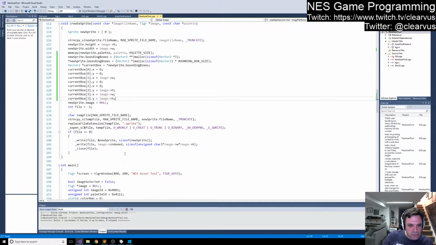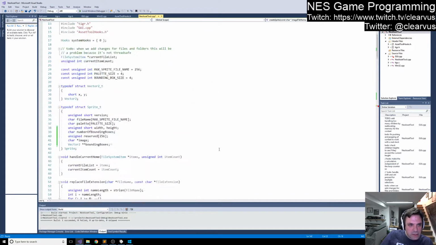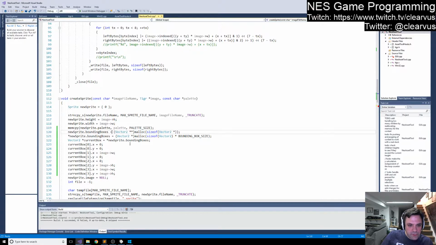All right, so now when we write this, what we need to do is we need to write... what did I do? It's been a long day. I think I may have done this the wrong way. Let's see. So we've got our array of vector pointers. I actually probably, let me think about this for a second. Maybe it's better,